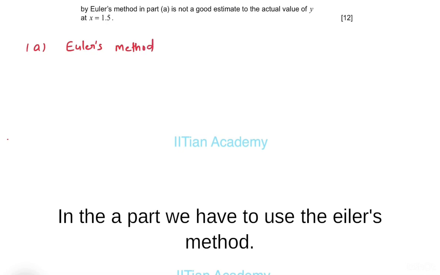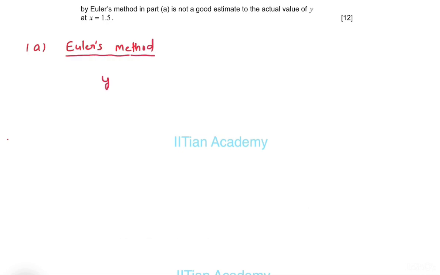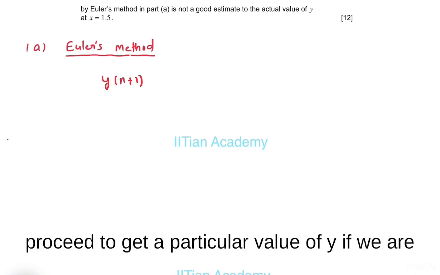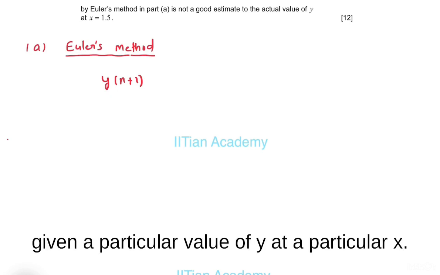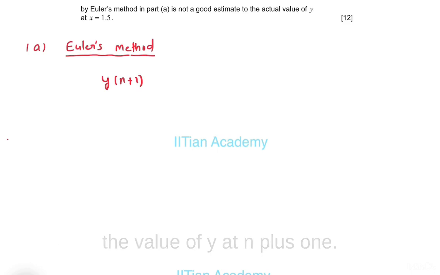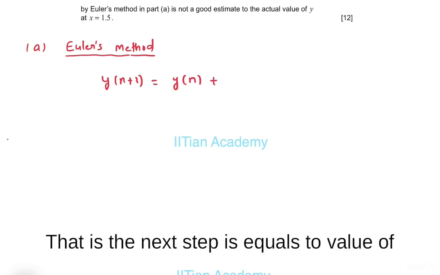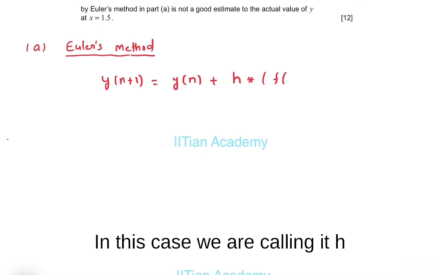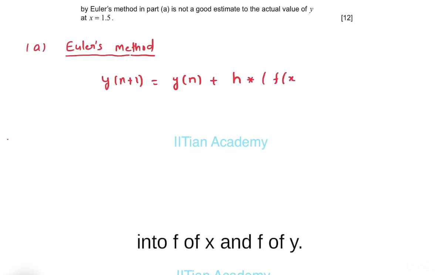In the A part we have to use Euler's method. So what is Euler's method? In Euler's method, step by step, we try to proceed to get a particular value of y if we are given a particular value of y at a particular x. So the formula for Euler's method is the value of y at n plus 1, that is the next step, is equal to the value of y at the nth step plus the step size, in this case we are calling it h, into f of